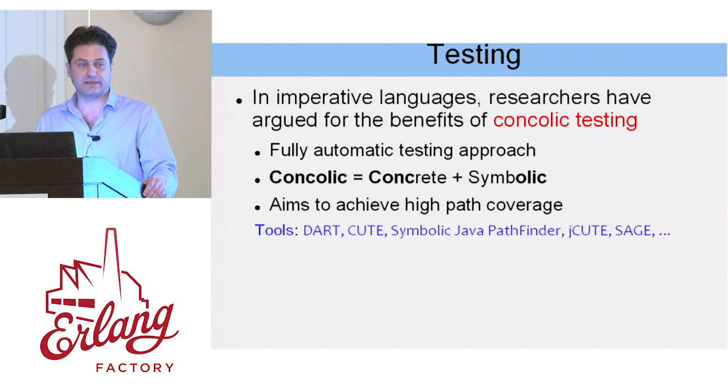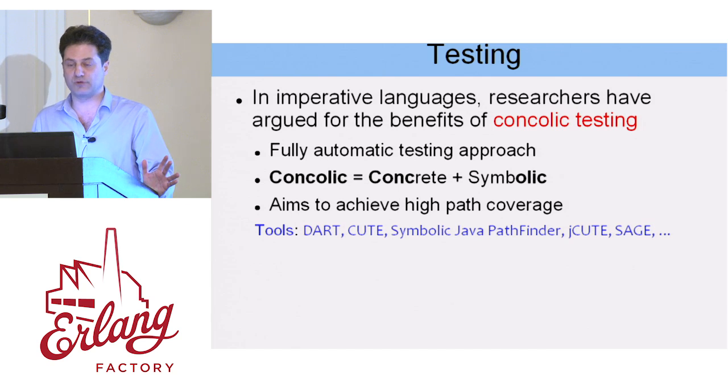So it's a fully automatic testing approach that aims to achieve very high path coverage. In principle, it aims to explore all possible paths in the program. Of course, in big programs this is a big number, so we need some way of exploring only some of them, but in principle, if you have enough resources, it can